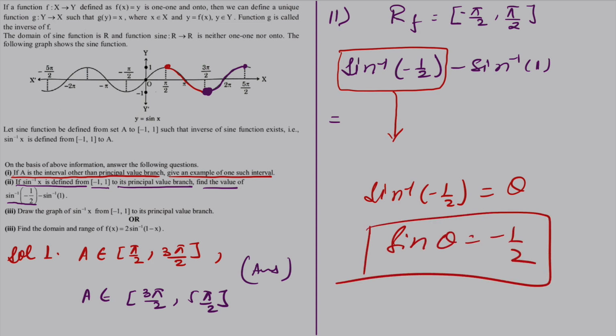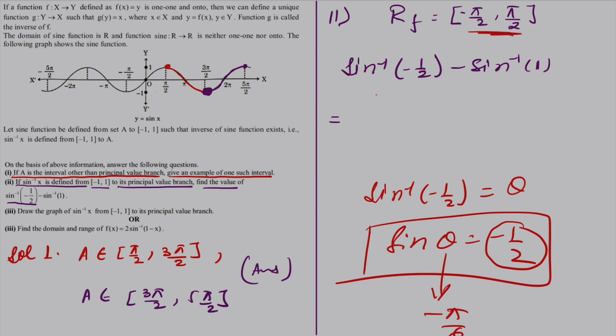So sine theta should be equal to minus 1 by 2. From here we can easily see that between minus pi by 2 to pi by 2, the value of sine theta is equal to minus 1 by 2. At what theta is the value minus 1 by 2? That is minus pi by 6. So we can write this directly: the value of sine inverse minus 1 by 2 will be minus pi by 6, minus